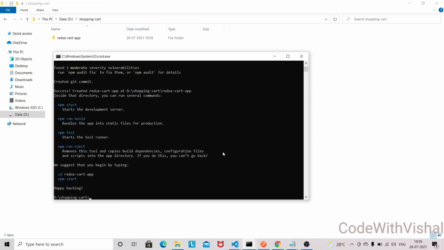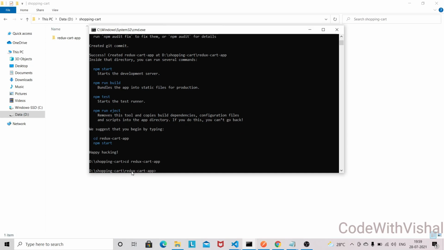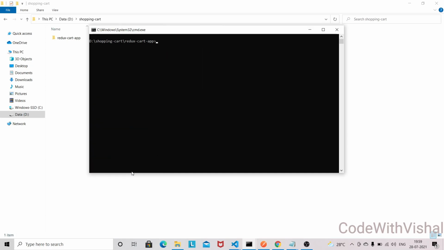So guys, all our dependencies got installed and you can see that the project is created now, that is redux-cart-app. Now I am going into this project with cd redux-cart-app, and before I do npm start, I will install some packages here.